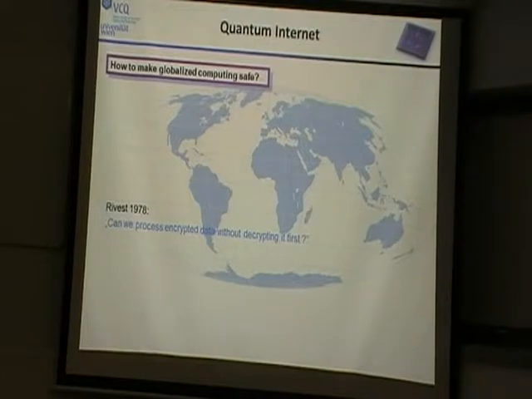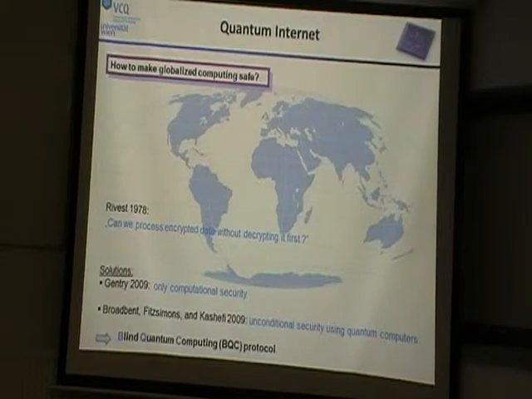It seemed that this was a pretty tough question for mathematicians and computer scientists to find a solution to, and I was impressed that it took 30 years to find answers. There were two answers that came up independently. One from the classical side, similar to classical cryptography, who found a solution that has computational security, which means you're secure as long as the computer is not a quantum computer or strong enough that you can do factorization and so on within reasonable time. Independently, three people, one of whom is here, Elham Kashefi, so it was A. Broadbent, Joe Fitzsimons, and Elham Kashefi, who found an unconditional security